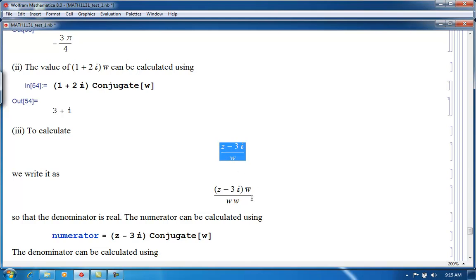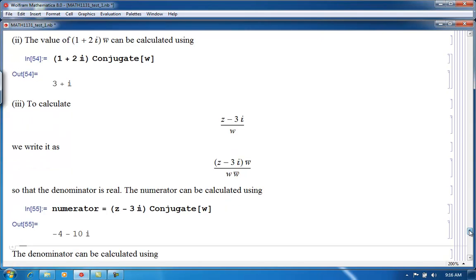the quotient of two complex numbers, we know that we can express that as a complex number by multiplying the numerator by the conjugate of w and the denominator by the conjugate of w, because w times its conjugate is a real number, and by essentially multiplying and dividing by the same complex number, we're not changing anything. So let's calculate the numerator. The numerator is z minus 3i times the conjugate of w,